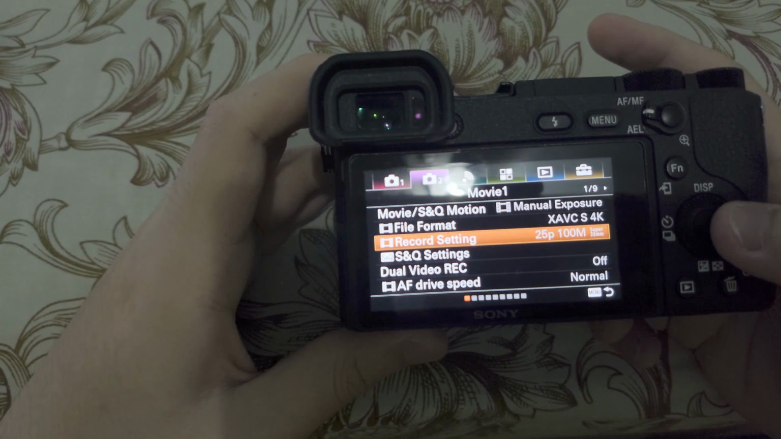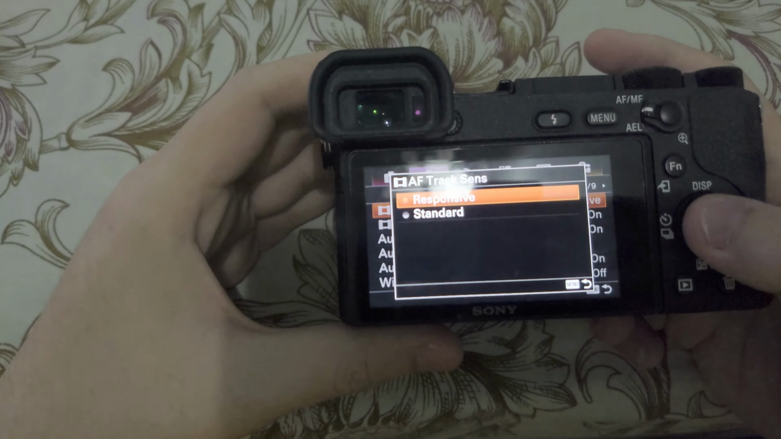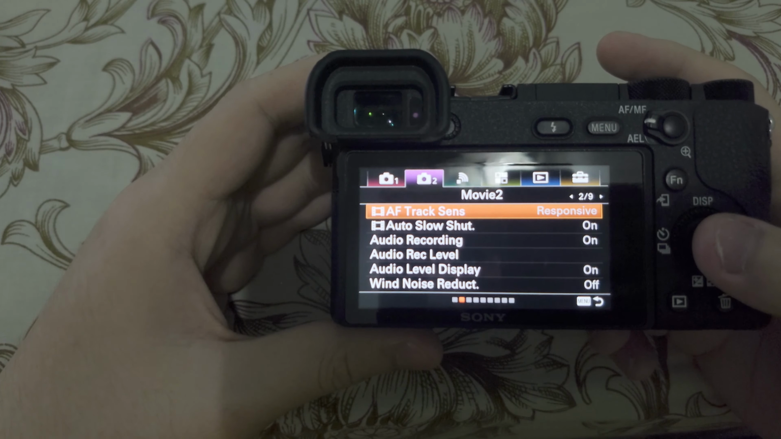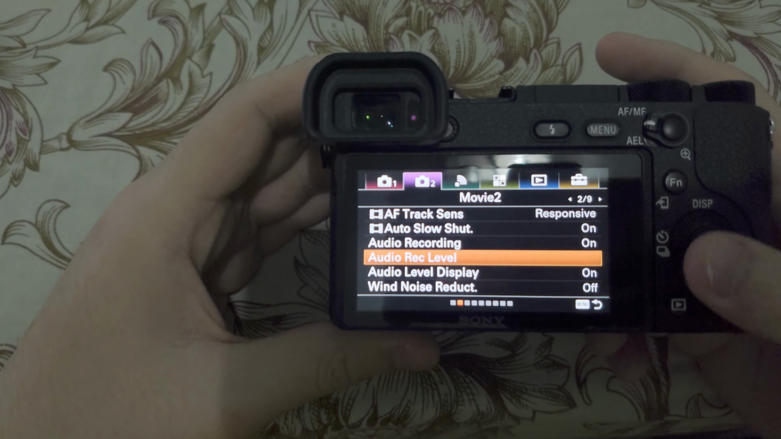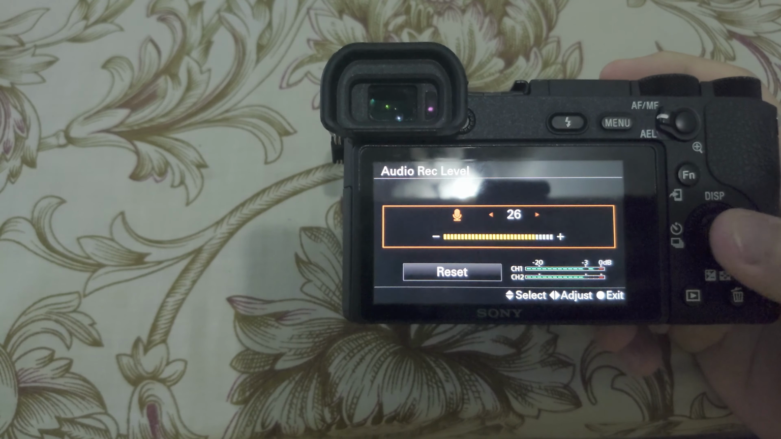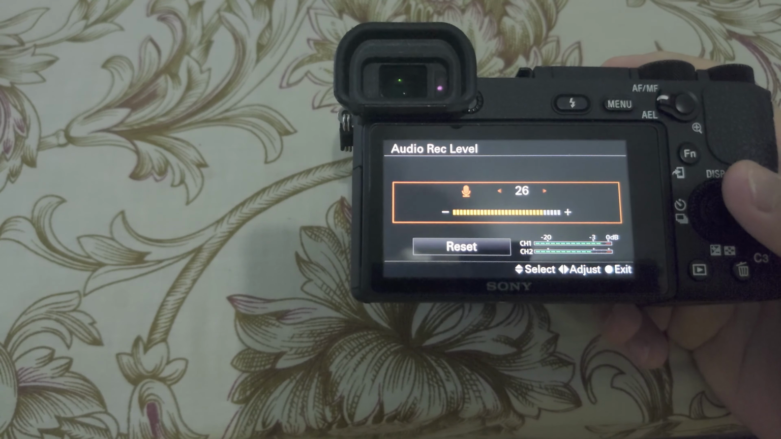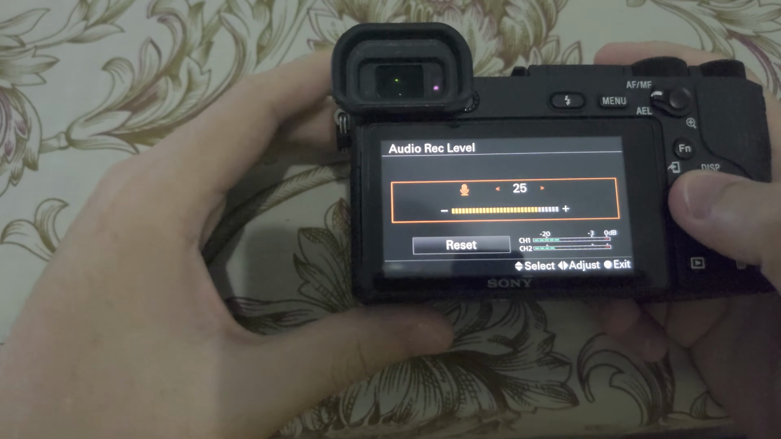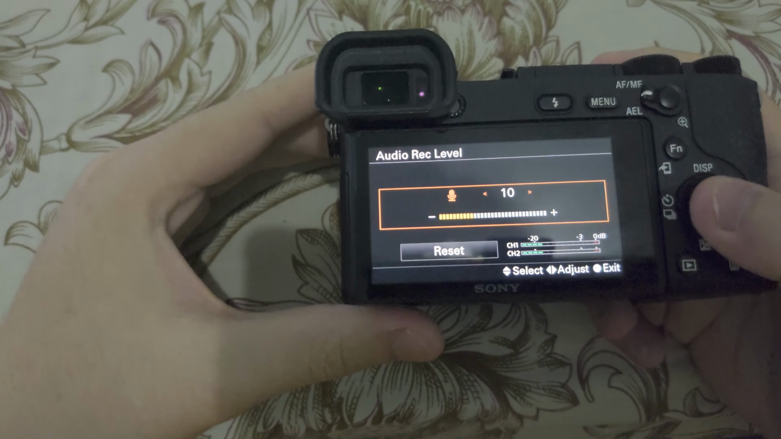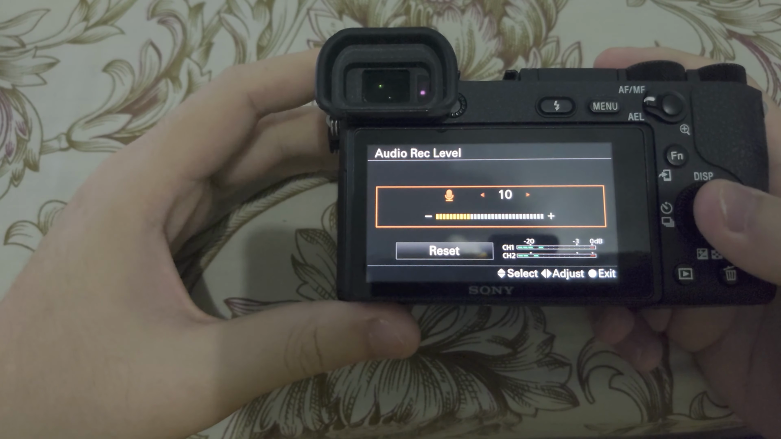Flicking to the page after, set your AF track sense to responsive, as it allows the camera to quickly autofocus between subjects. As for audio rack levels, the default 26 or higher is great if you are using the onboard camera microphone, but if you are using an external microphone, I recommend you to set it to 10, as it gives you the best balance of low noise, aka hiss, and no peaking, making it easier for you to edit